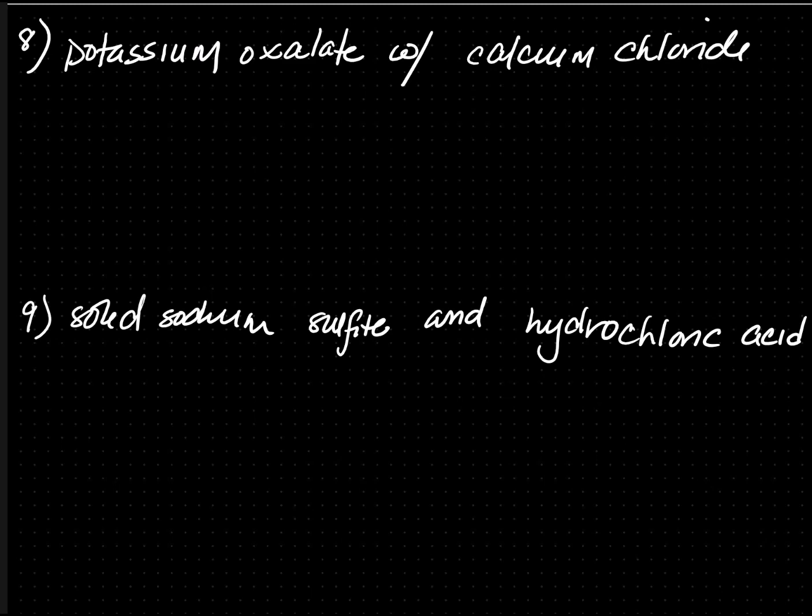So let's determine the type of reaction. Potassium oxalate is a compound. Calcium chloride is a compound, so we know this is a double replacement. Potassium is a metal, so we know this is an ionic compound, so we need to find the symbol and charge. Potassium is K, charge of 1. Oxalate is C2O4, charge of 2. Crisscross down, so this is K2C2O4. Calcium chloride. Calcium is also a metal, so this is an ionic compound, so Ca2 plus. Chloride is Cl minus 1, crisscross, so this is